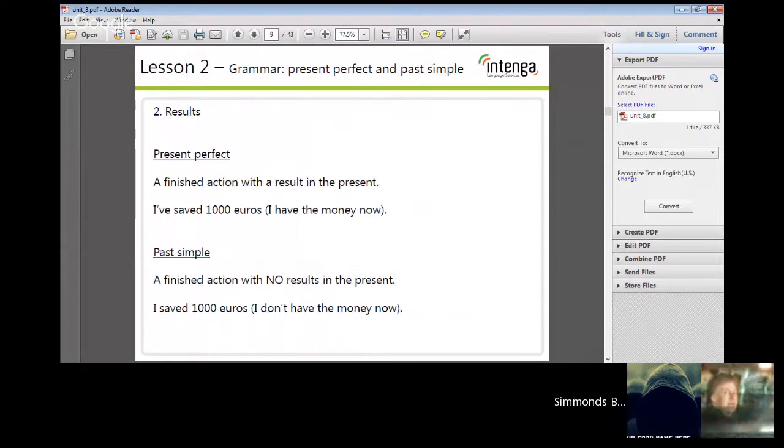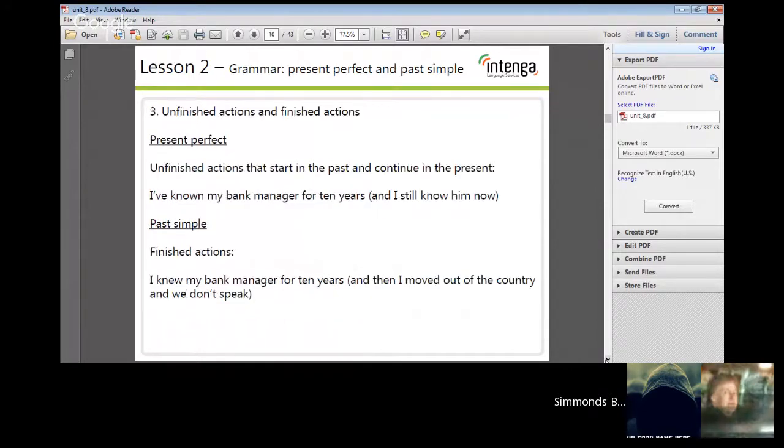Perfect. Also, if you have any specific questions or examples, and why do you say it like this, let me know. Go ahead, just type it into the chat box, and we'll talk about those as well. So moving on to the next slide, we have unfinished actions and finished actions. All right. So Ken, can you go ahead and read this slide for us? Okay. Present perfect. Unfinished actions that start in the past and continue in the present. I've known my bank manager for 10 years, and I still know